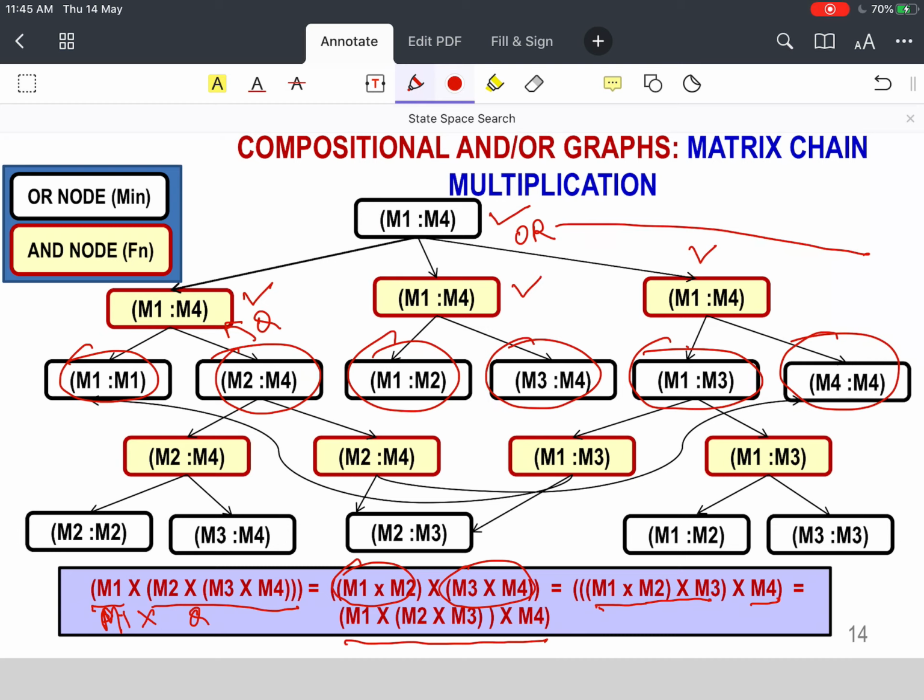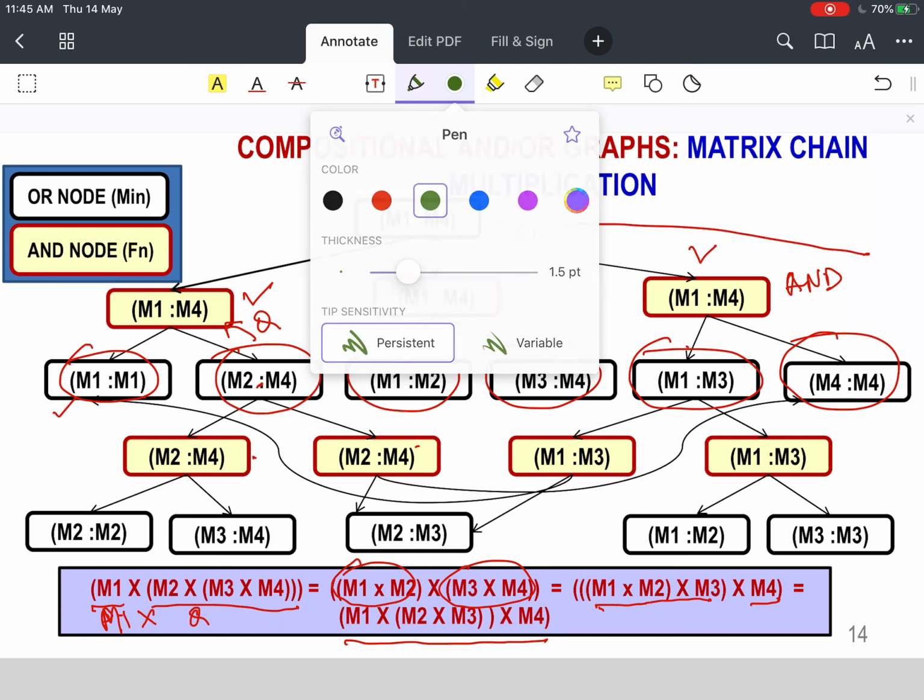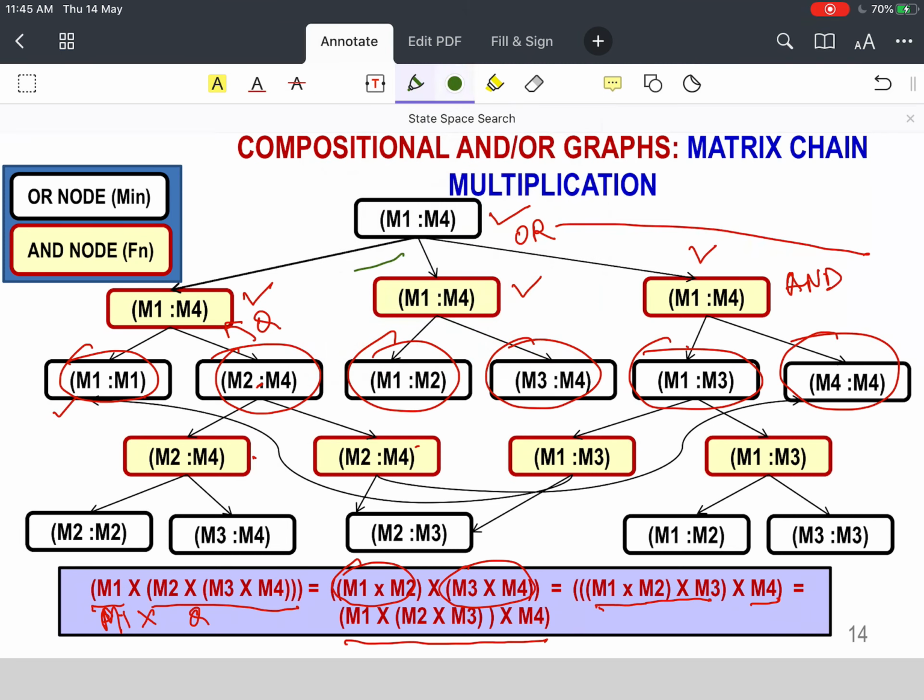So based on this, these are my AND nodes. Again, this is an OR node. I can do it in many ways. M1 is a leaf node. It does not require anything to be done. On the other hand, M2, M4 will again have 2 options, and so on and so forth. And this gives me my AND OR graph, and the solution to this AND OR graph is obtained by any